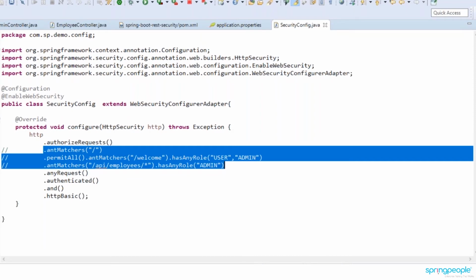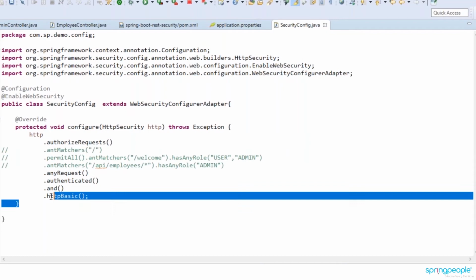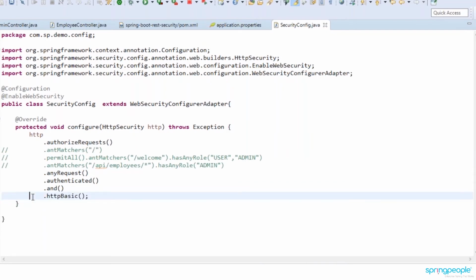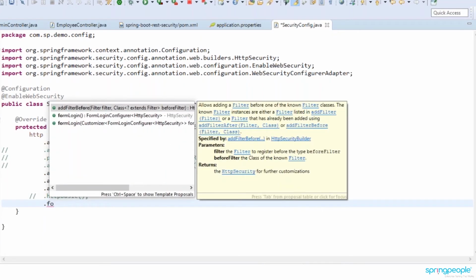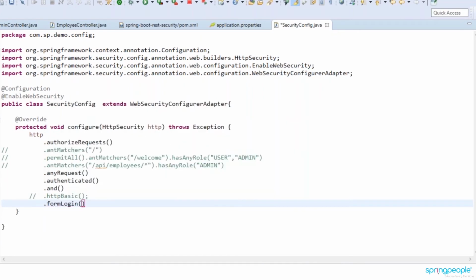And if you want some login to be taken care of, or you have created your own form login and you want to customize it, we can use it here after authenticated. Instead of HTTP basic, we can write the login which you want. You want the form login, so you take formLogin.